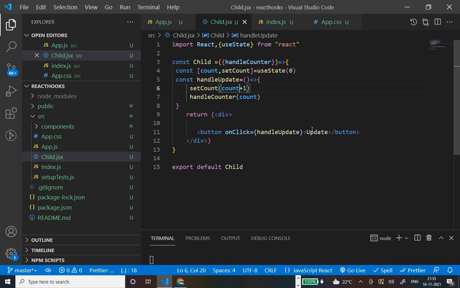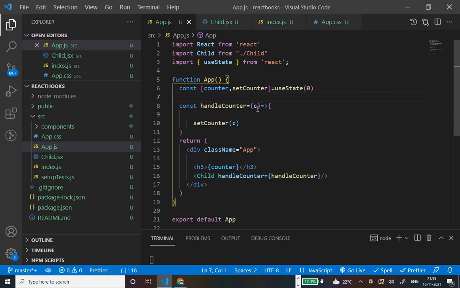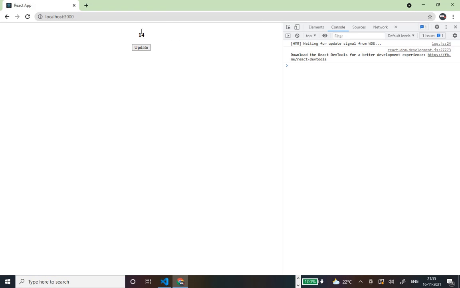Whenever we click on this button, handleUpdate is triggered, which in turn calls handleCounter by passing the count value. Whenever it passes that count value, this function gets invoked, and in turn it updates the counter with this value. That's what is getting rendered here.